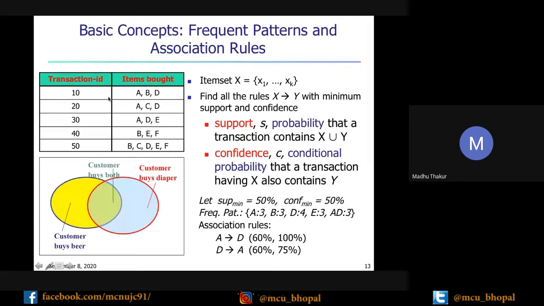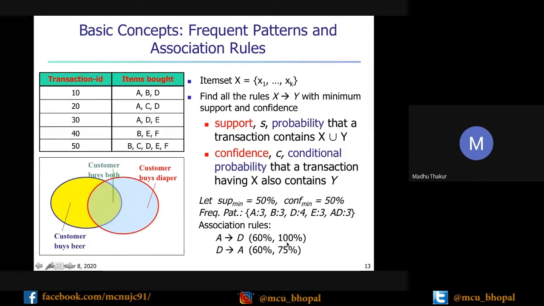So out of 5, 3 times it is available. So its support is 3 by 5, the probability of A union D divided by the total number of transactions N. 3 by 5, if you convert it into percentage, is 60.